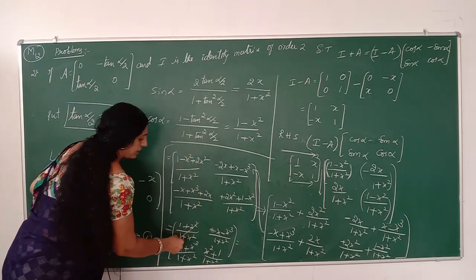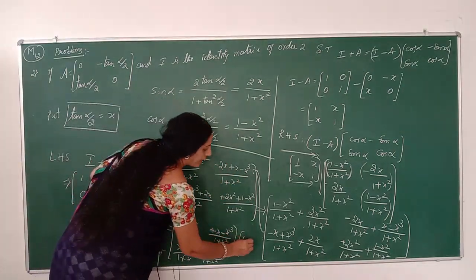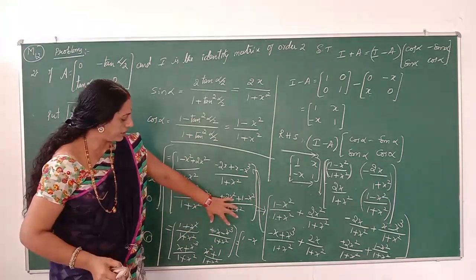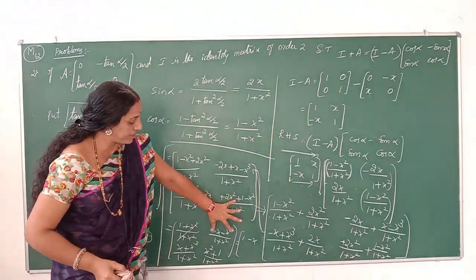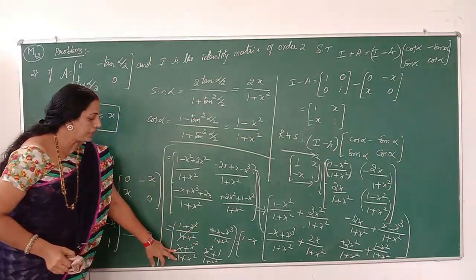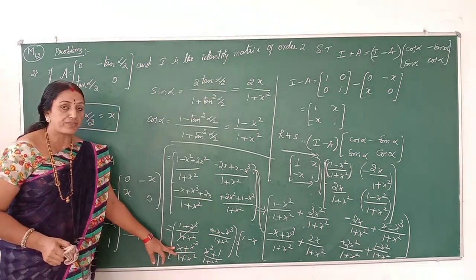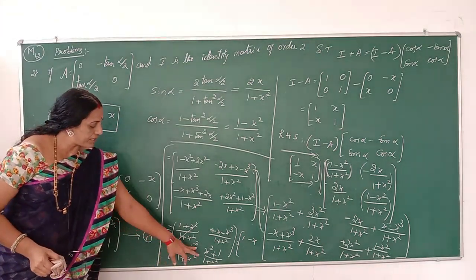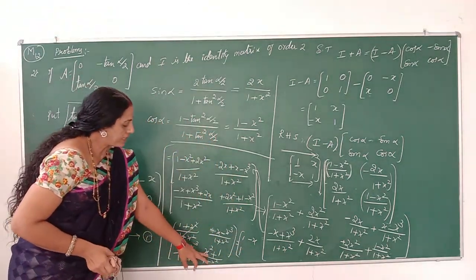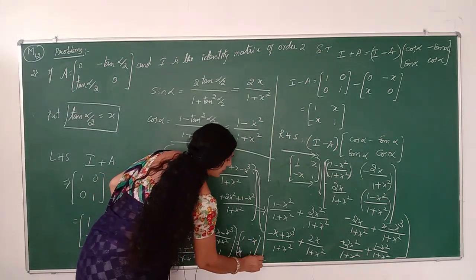And in the first element, both get cancelled, so it is nothing but 1. In the second element, minus x is a common factor for the numerator. The remaining is nothing but 1 plus x square, which also gets cancelled with the 1 plus x square. Similarly, in the second row, x plus x cube: in these two terms, again x is a common factor. 1 plus x square gets cancelled with the denominator, that is 1. And the last element is directly cancelled, it will be equal to 1.